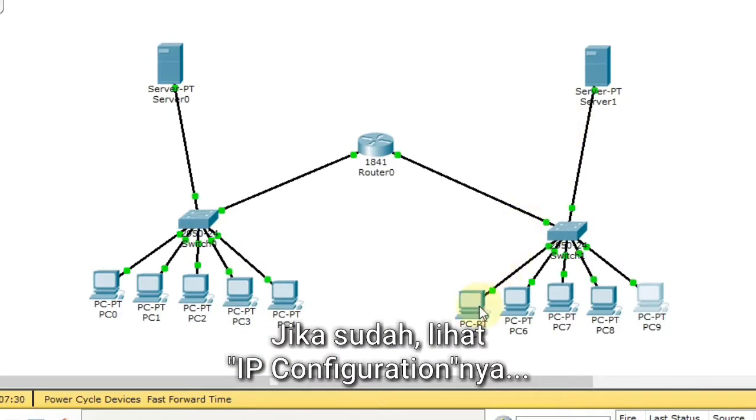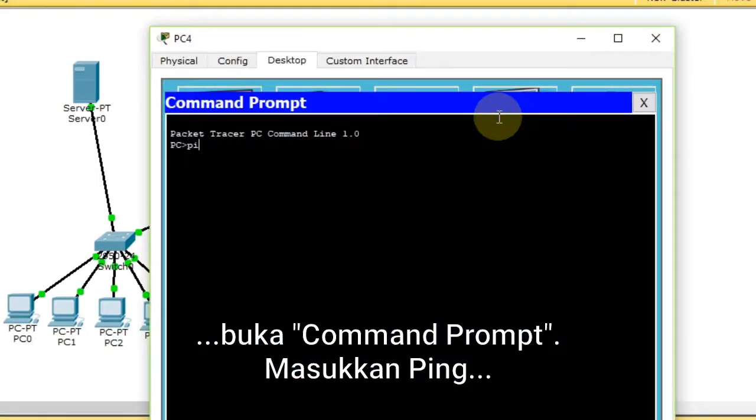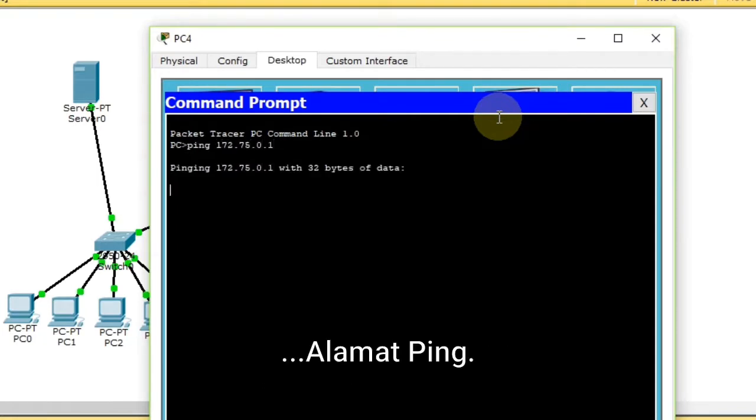If done, look at the IP configuration and open the command prompt. Input the ping address,